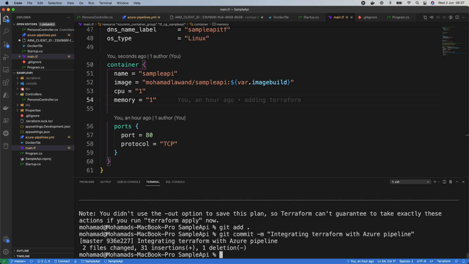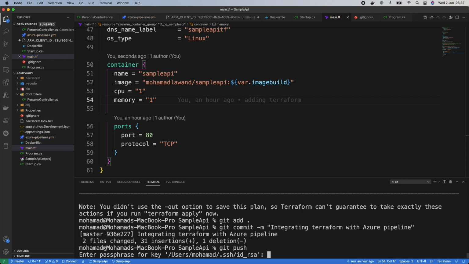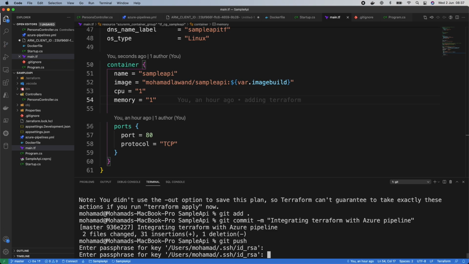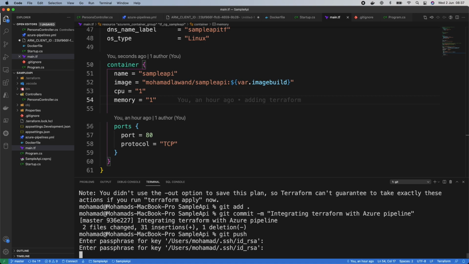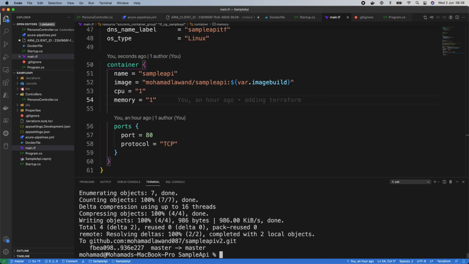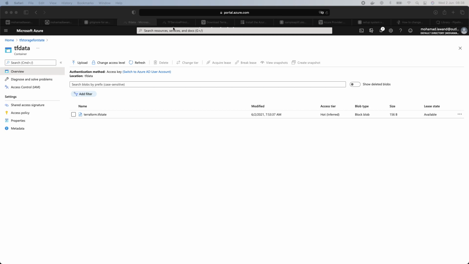Great. Now let's click on git push. Let's type git push and add, great. Let's put the password, and now we're pushing it. And now let's go back to our web browser and go to the